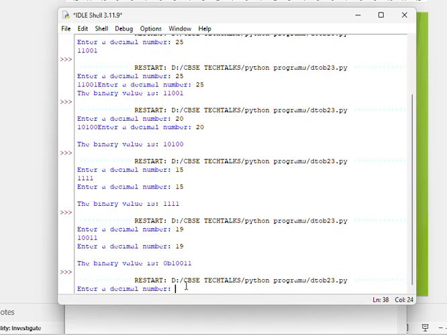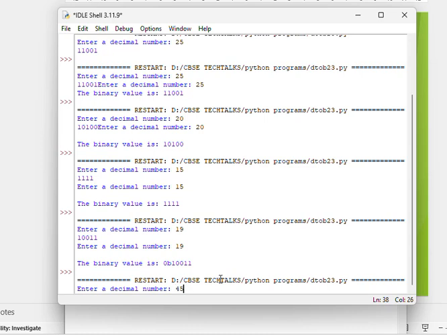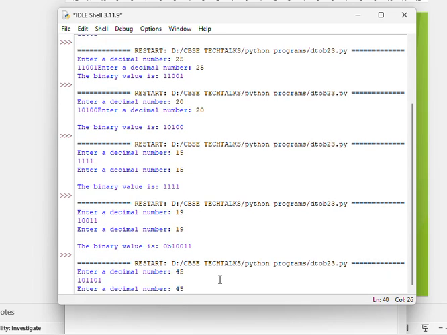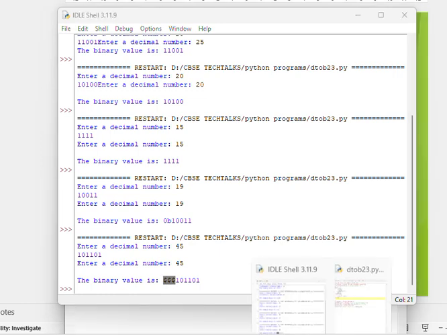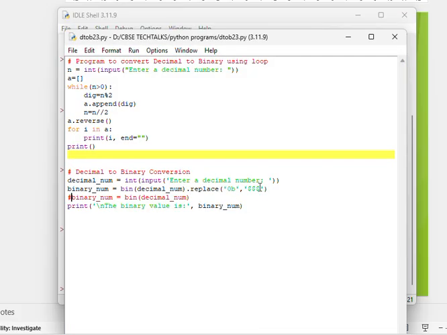I am entering 45 here. Again 45. Now the binary equivalent of 45 is 101101, but it is having a suffix of $ symbols. Why? Because instead of 0b, which was coming in the previous program, I have replaced it with the $ symbols. So I think now it's clear why nothing was kept inside these quotes in the code.